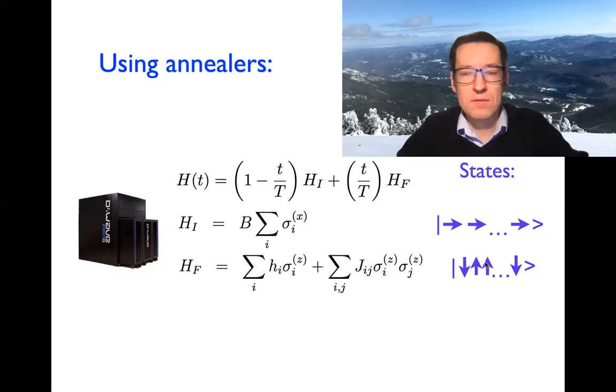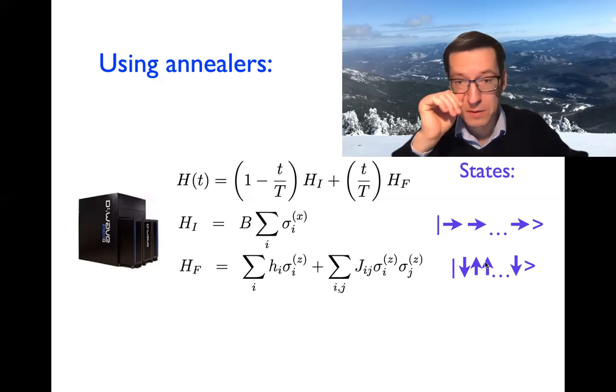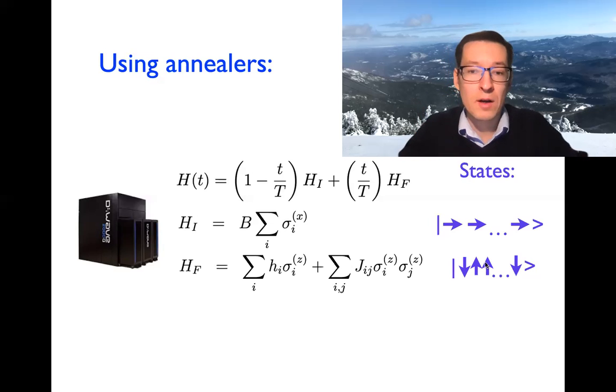That follows the adiabatic theorem of quantum mechanics and assumes that there is always a finite gap between the ground state and the excited states of the system. So this is how it works, and at the end we can obtain the ground state of the Ising Hamiltonian